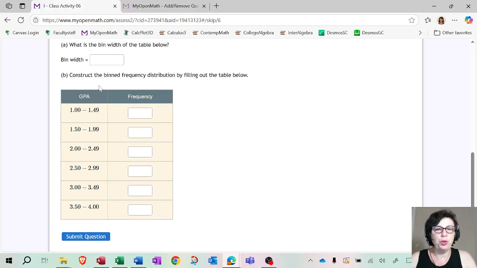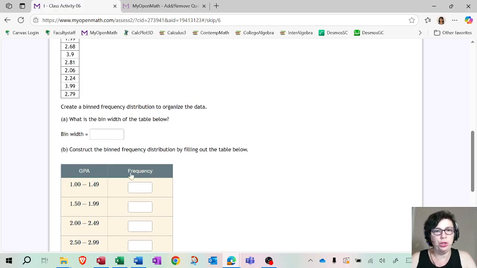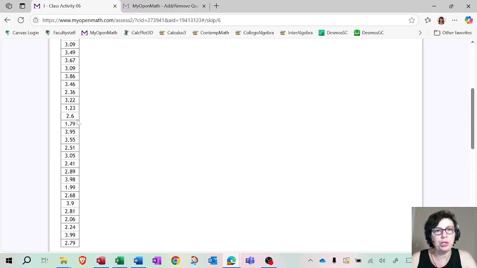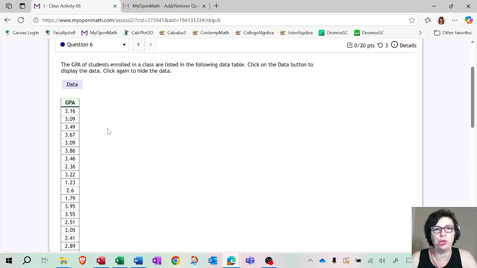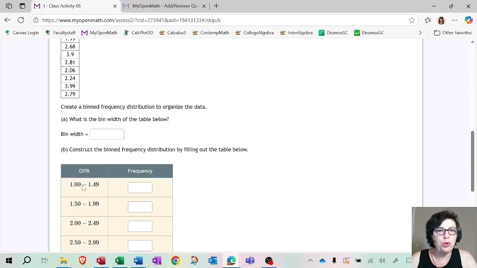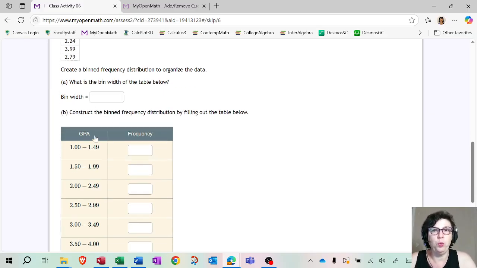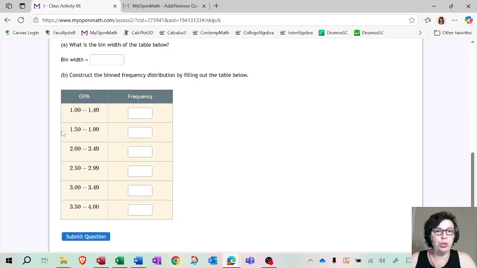But in order for you to figure out how many times each number happened, because it's hard. I mean, you can sort them and then just manually figure out how many of them were between 1 and 1.49 and so on. But it's going to be very time consuming. You do not want that. So you want the software such as Desmos to do it for you. But in order to do that, you need to know the definition of bin width, so that you will just see the table and they will already give it to you. So you just have to know what to look for.